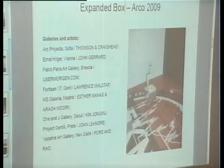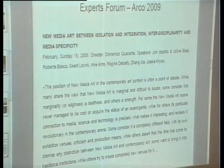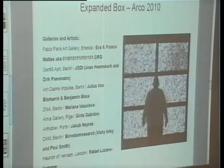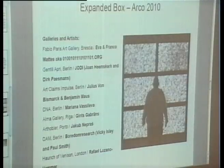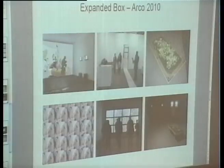I will run to the next year's installation just to show you a couple of pieces. Here again you see Ubermorgan in front of a big Rafael Lozano-Hemmer piece. And this year I think that the most interesting setup was done by jodi.org,